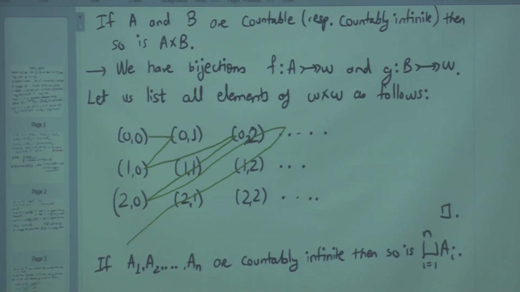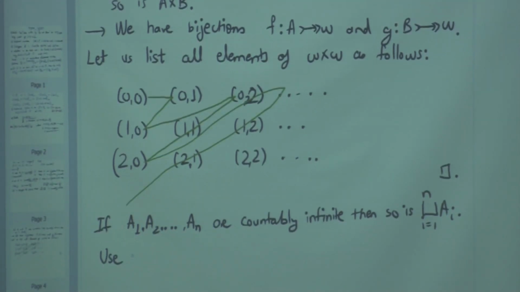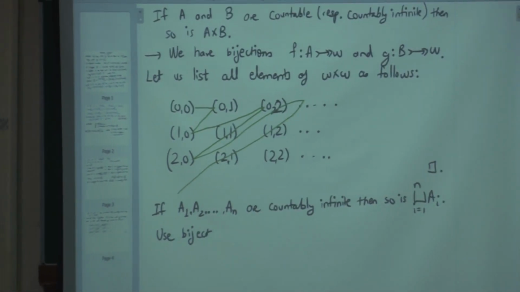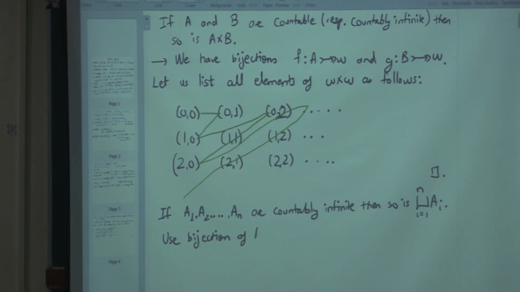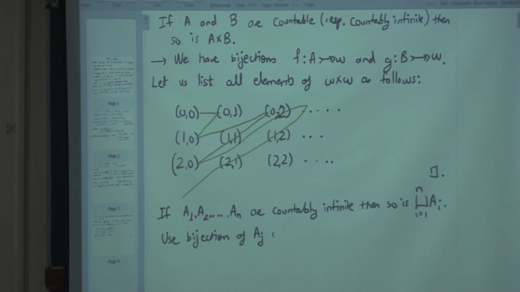Use bijections of Ai or Aj with the congruence class mn plus j minus 1, such that